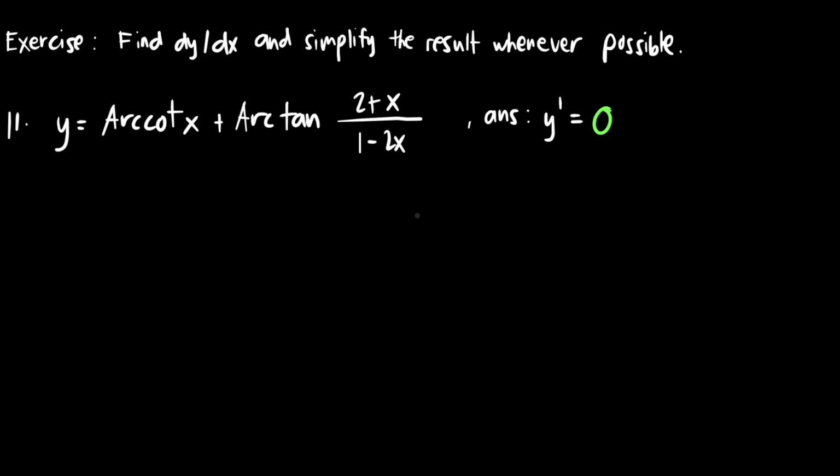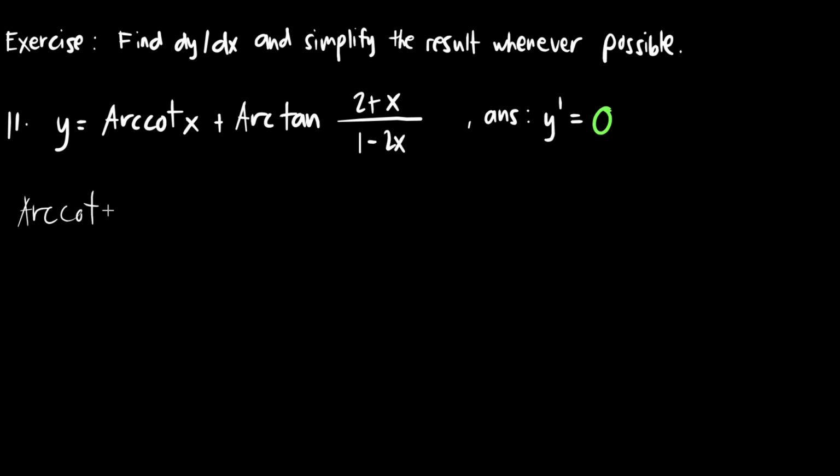So let's solve this number 11. Find dy over dx and simplify the result whenever possible. For number 11, y is equal to arc cotangent of x plus arctan of (2 plus x) all over (1 minus 2x). For this one, we know the derivative of arc